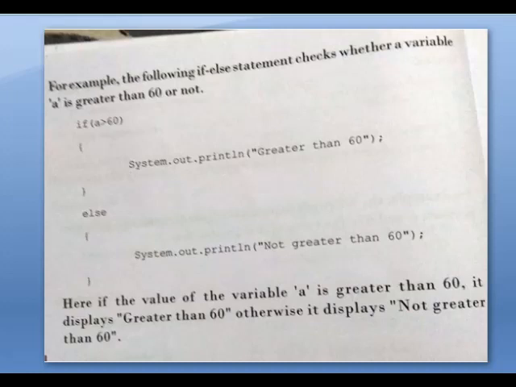The next example is the following statement. If the marks are between 90 to 100, it will print that the grade is A. If it is between 70 to 89, the grade is B. If it is between 50 and 69, it is C. If it is between 30 to 49, the grade is D. And if it is below 30, the grade is E. So how will you write the program for this?